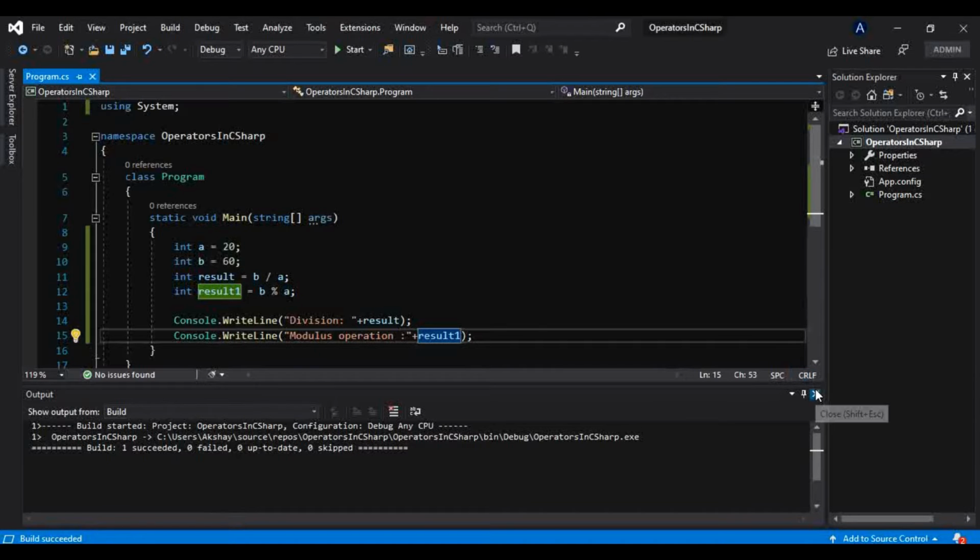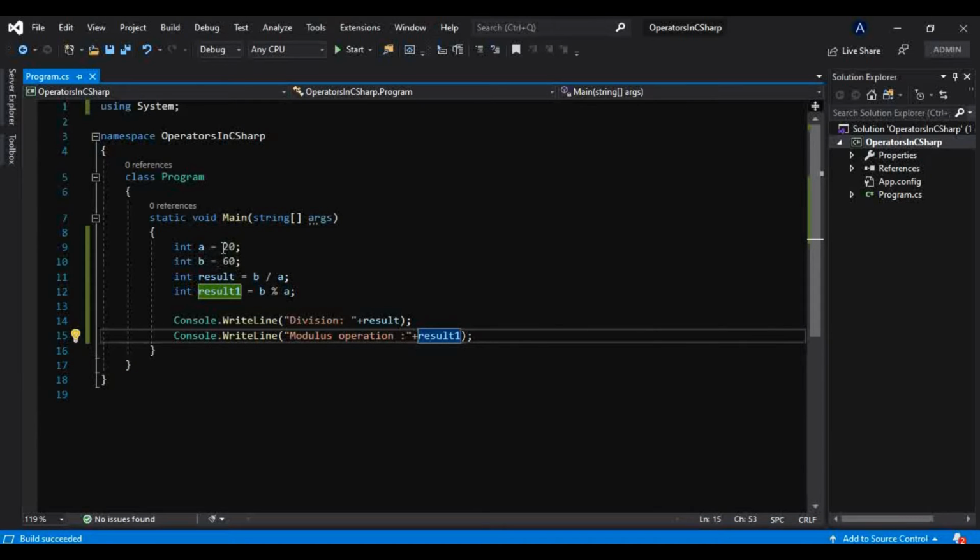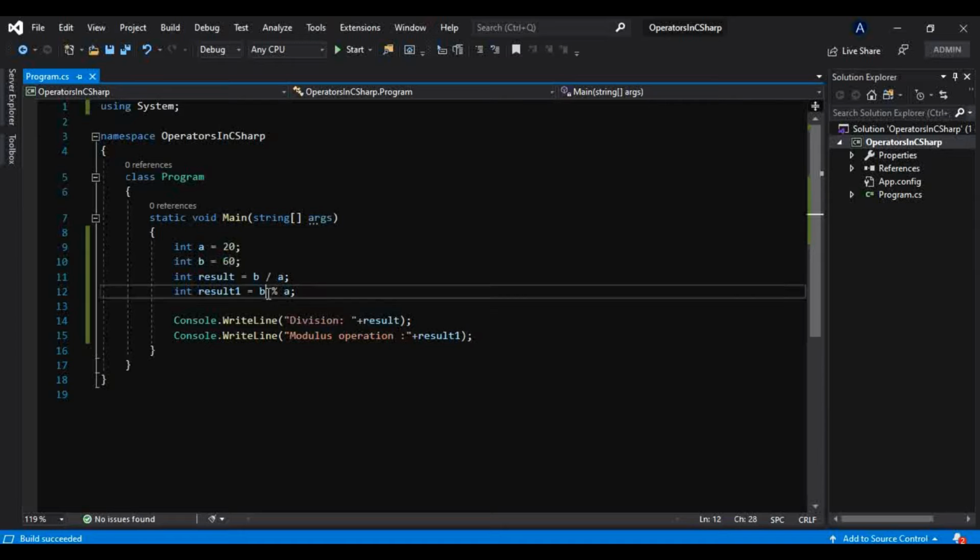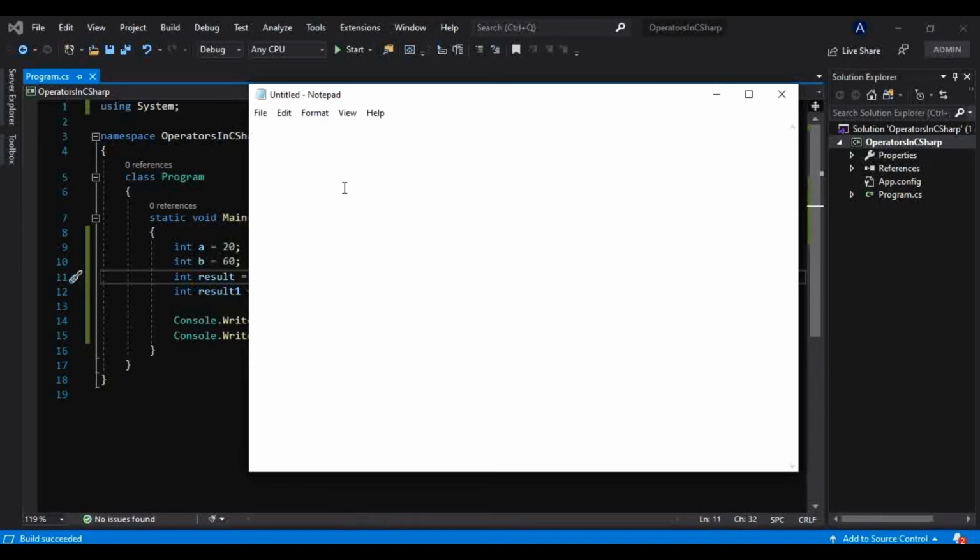So what is that? When we divide one value by another, that operation gives us the quotient. And what does this modulus give us? This gives us the remainder. If you know what quotient and remainder are, when we divide two values, the quotient is what we always get on top of that division. When we used to learn division in our early days, in 7th or 8th standard, what type of division did we do? We used to draw something like this.